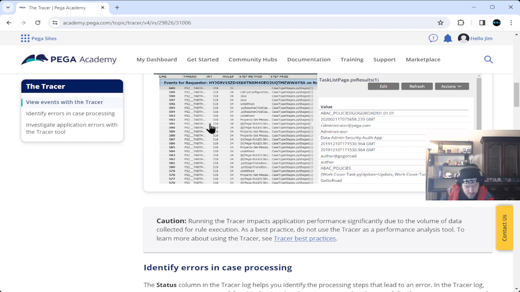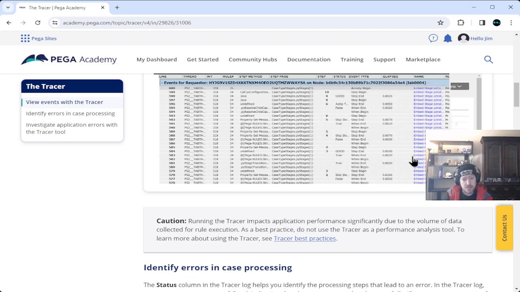I don't know completely everything that the tracer can do, but based off of what you can see right there on the screen, you'll get the activities, what happens during them. You might see the fail,